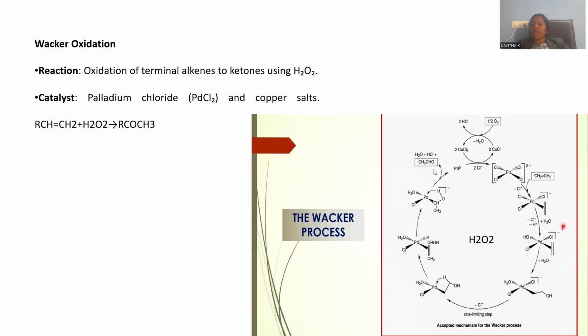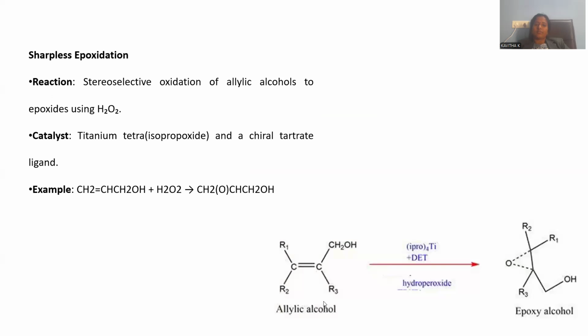That is called what? Acetaldehyde, right? Among the two double-bonded carbon atoms, one carbon is added with hydrogens, another carbon is added with oxygen. Ultimately, there is a provision to generate the carbonyl compound. The reaction is totally facilitated by a palladium catalyst, and we are achieving that aldehyde or ketone, right? If you take ethene, there is a provision to achieve the aldehyde. If you take higher alkenes, higher olefins, there is a provision to achieve ketones. This is called Wacker's process.